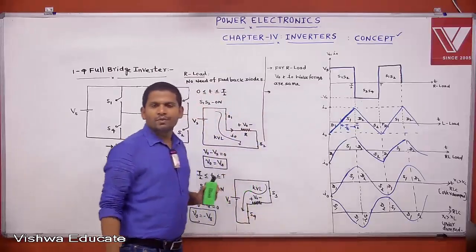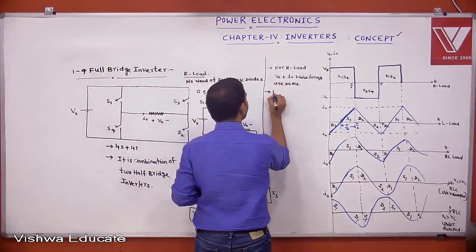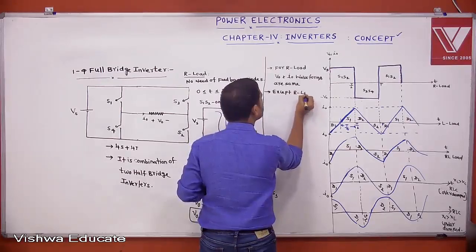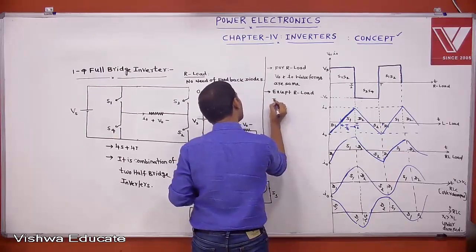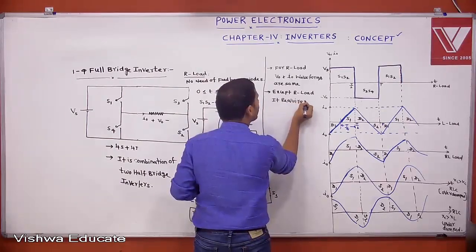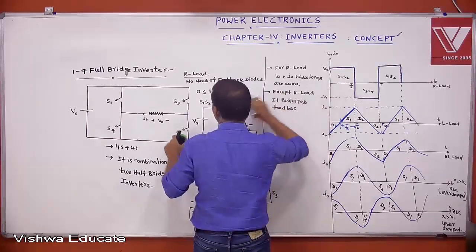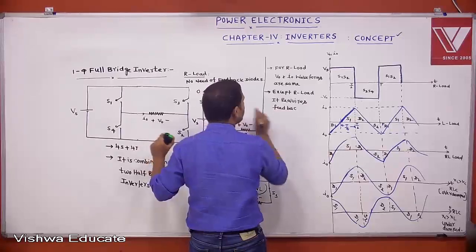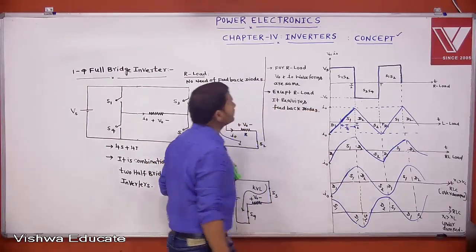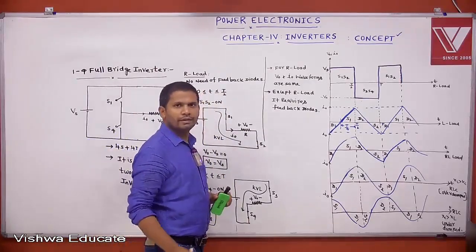We know that it is a voltage source inverter. Except R load, it requires feedback diodes. For R load, I'm explaining this circuit without any feedback diodes. Except R load, it requires feedback diodes. Okay. Now,